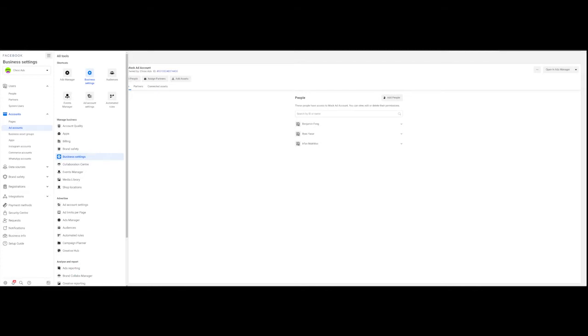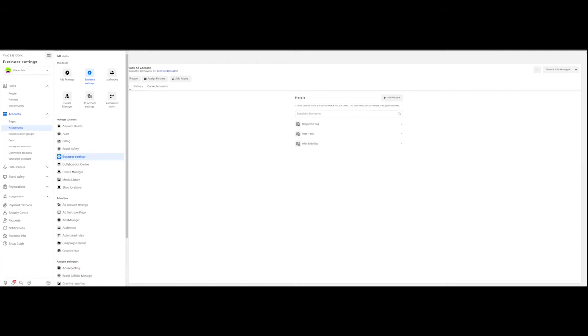Okay, so in this video, I'll be showing you how to create your Facebook pixel. But before that, there are a couple of things that need to be done, because with the way Facebook works now, thanks to the changes and the iOS update, Facebook pretty much had to change the way they collect data. So before we get into the pixel, the first thing you will be required to do is to get